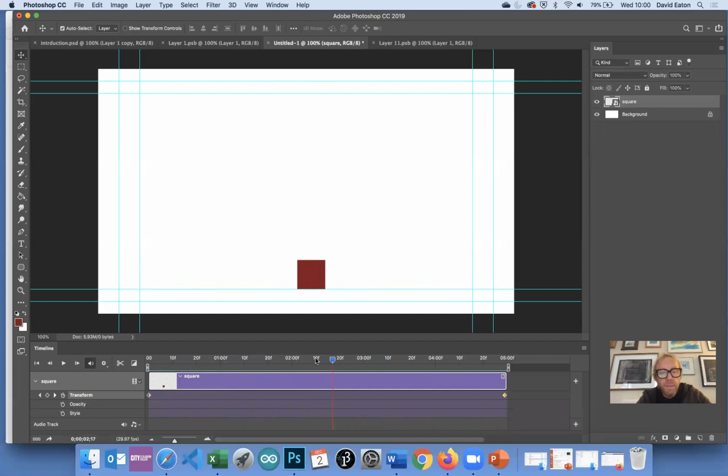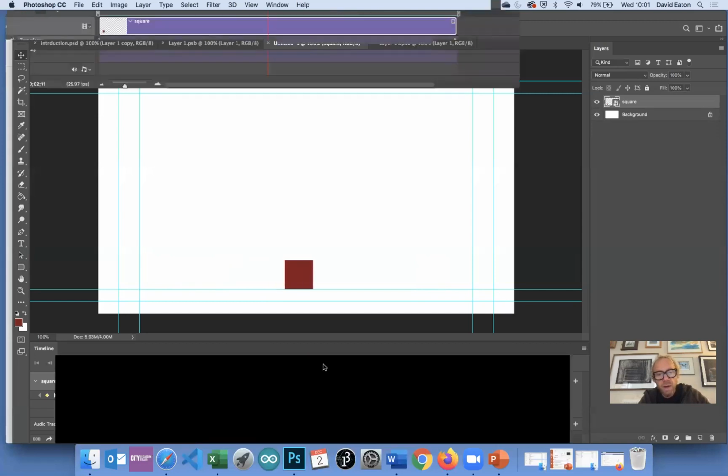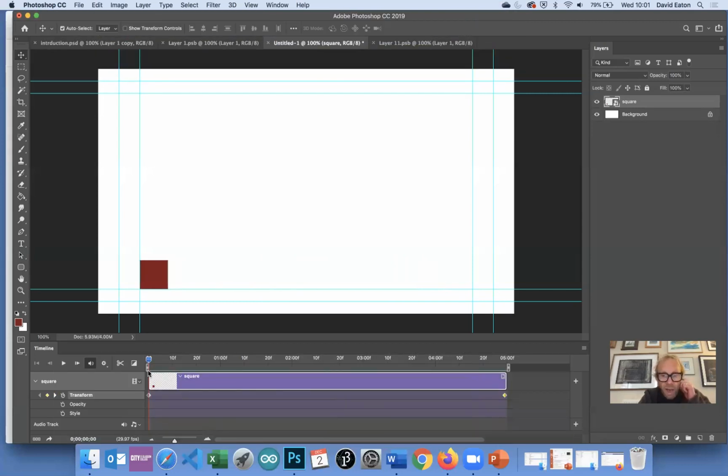So what effectively is happening is that we're creating the first keyframe, and then we're creating the second keyframe, okay, and the two positions, and then the computer is filling in what we call the in-between frames. And this is known as tweening. And that's pretty much your basic concept for all computer animation, using the tween. Whether it's 2D, 3D, doesn't matter what it is, creating keyframes and moving objects or transforming and changing the properties of an object between one frame and another and allowing the computer to fill in the bit in the middle